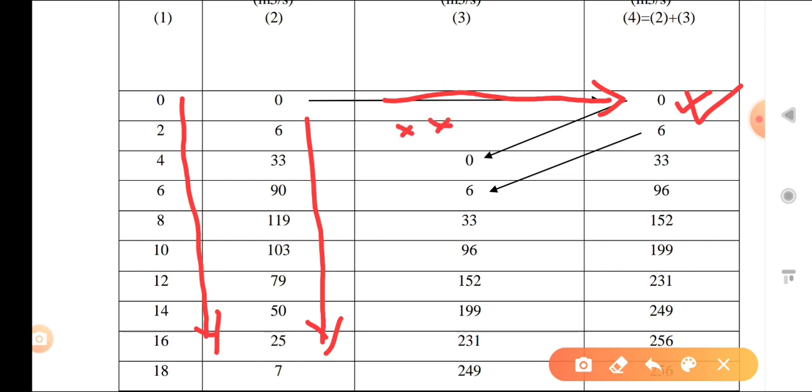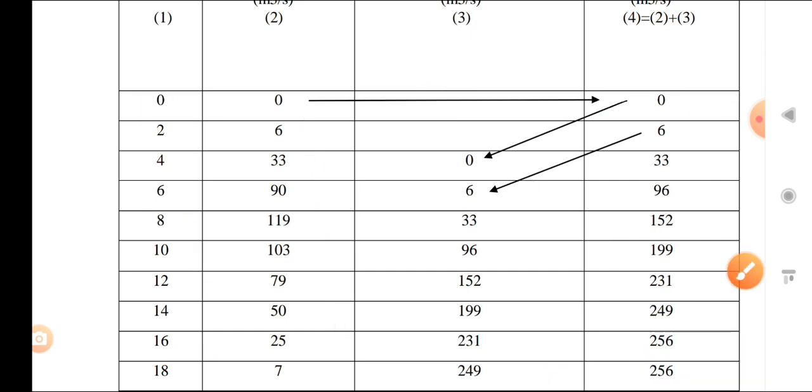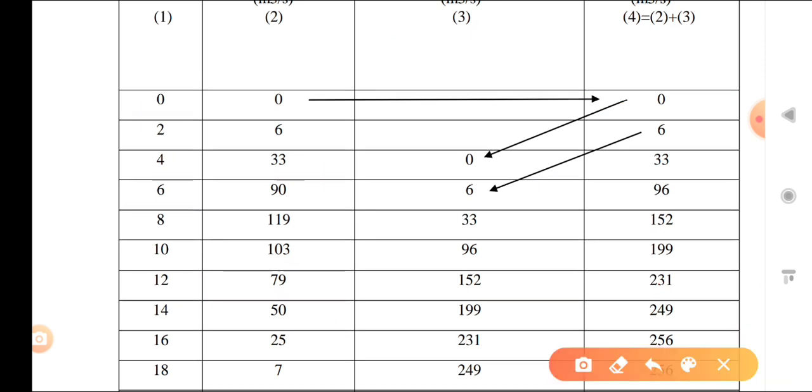Before, the difference and the duration of the hydrograph given were the same, but here the duration of the hydrograph is 4 hours, but the difference is 2. So where that 0 will go always depends on the duration of the given unit hydrograph.